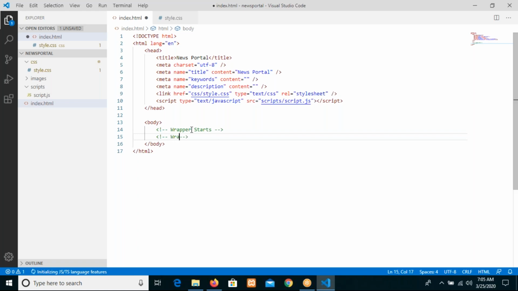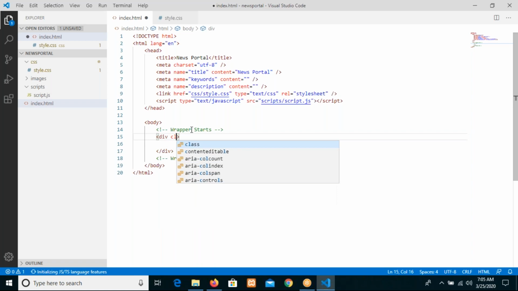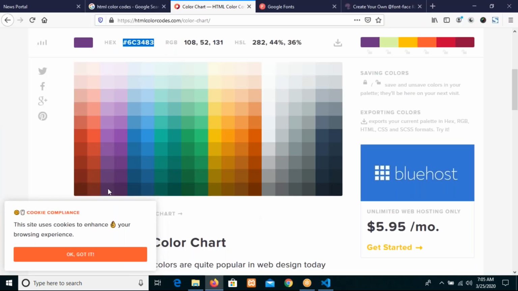So wrapper ends. Div class wrapper, and see that output. So far what we have done,